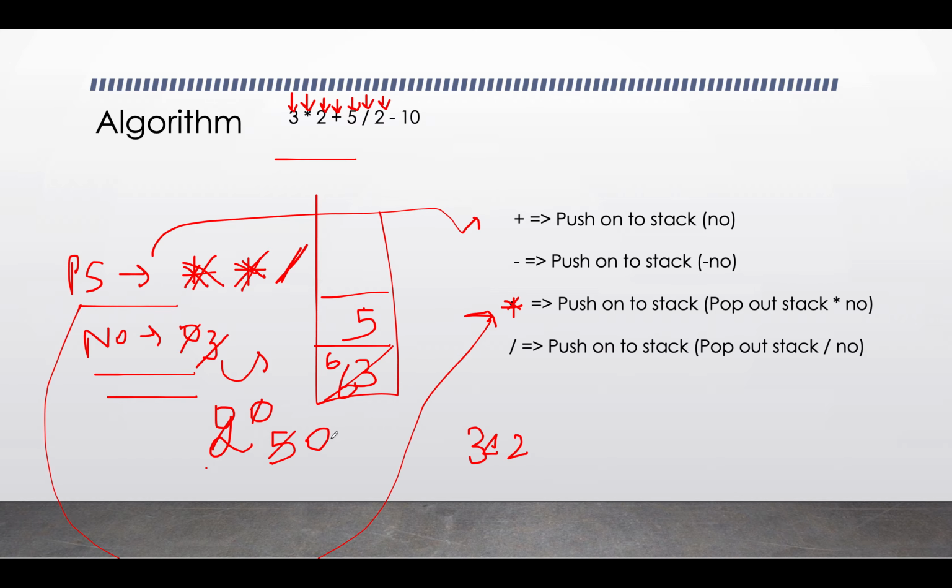Then you see 2 again, so the number gets updated to 2, and you move ahead. You see a negative sign, a subtraction sign. When you see a subtraction sign, you need to do the processing as per these rules. The previous sign is division, so this is the operation you need to perform: pop out of the stack and divide it by the current number. You pop 5 out, divided by the current number 2, that gives us 2, and you push it onto the stack. So this gets replaced by 2, the number gets replaced by 0, and the division gets replaced by minus.